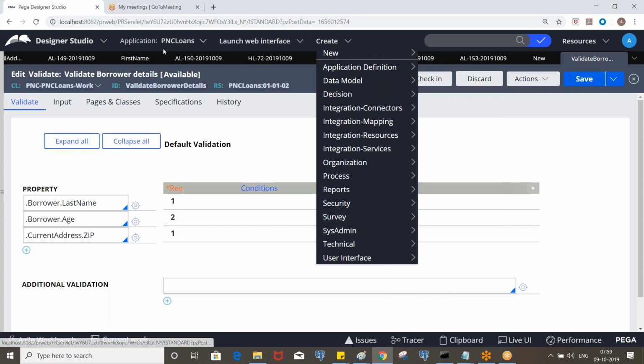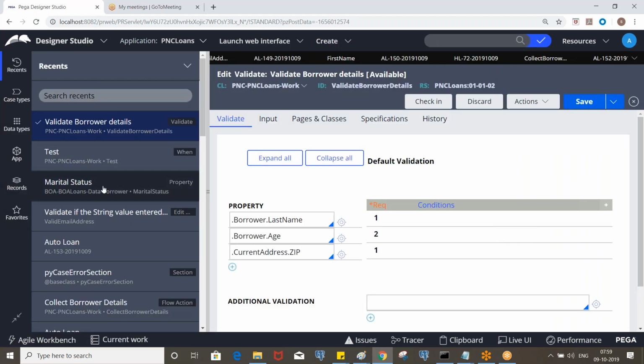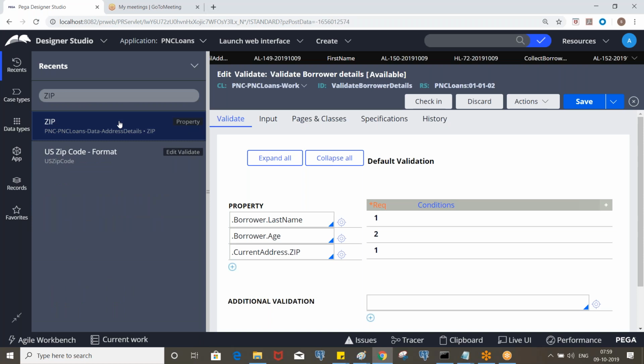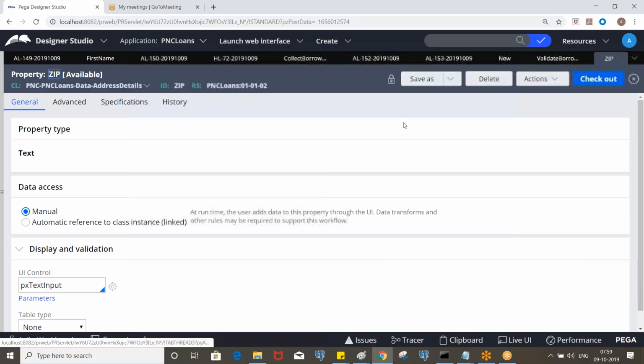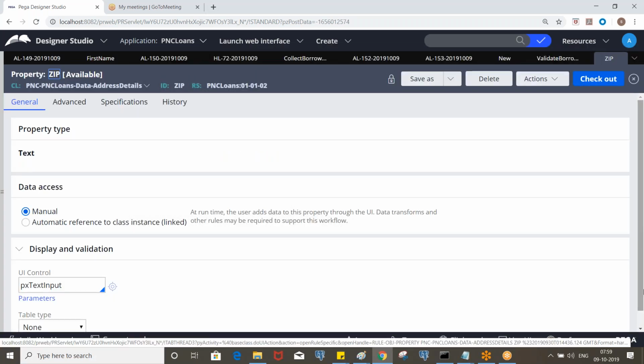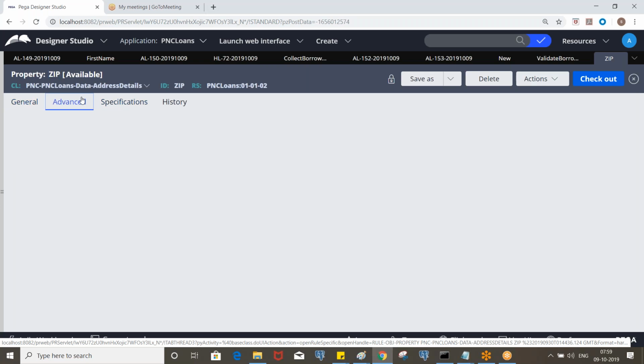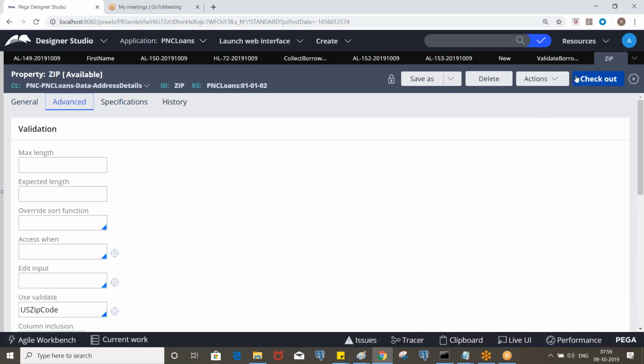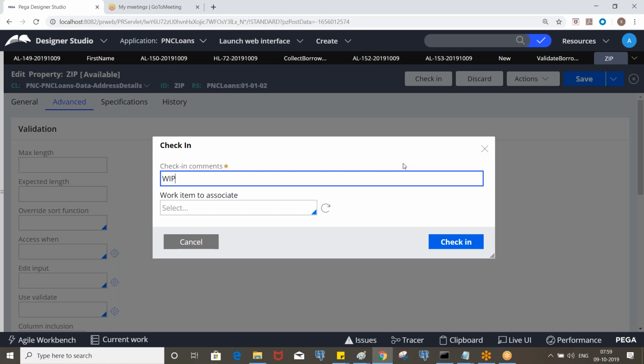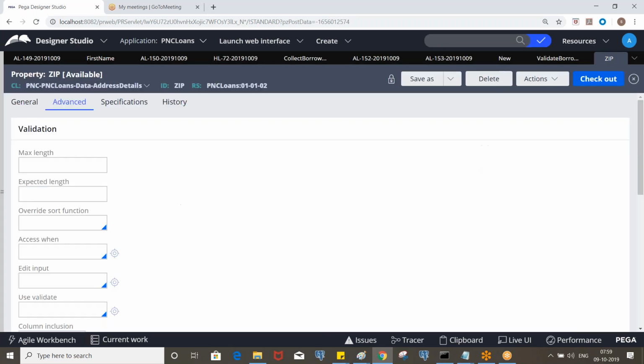We already have validation for zip, right? So let me remove that. You can use this validate later. Since we have the edit validate, we can go for this instead of writing a separate validation.